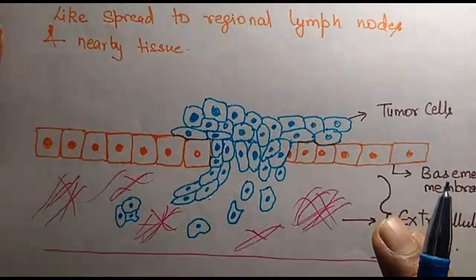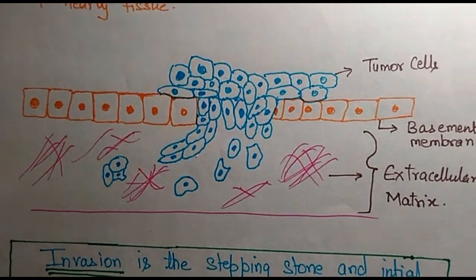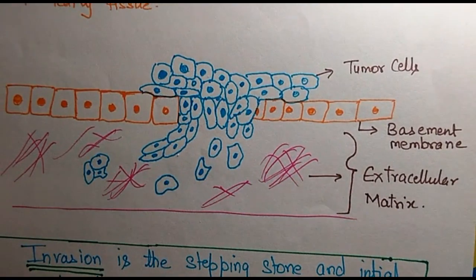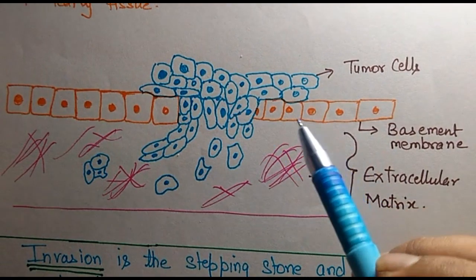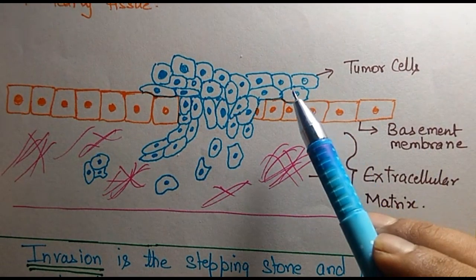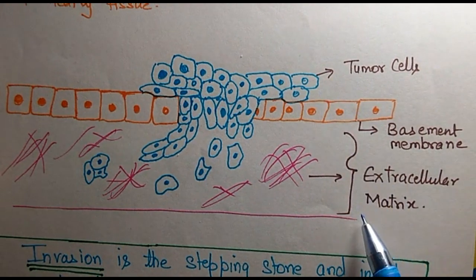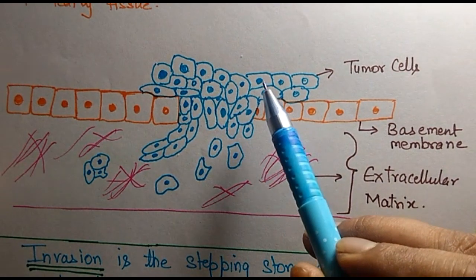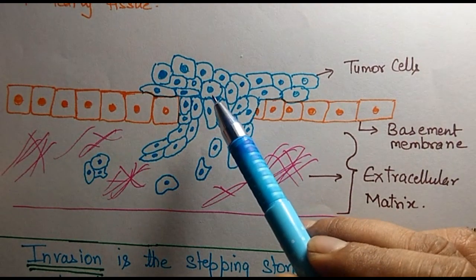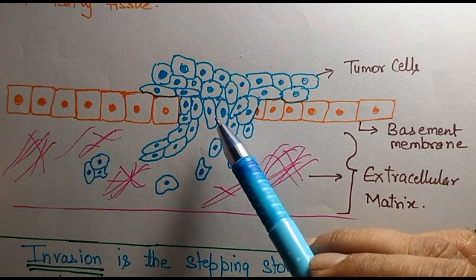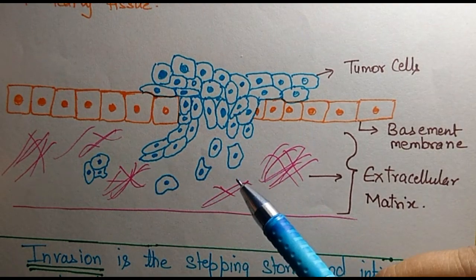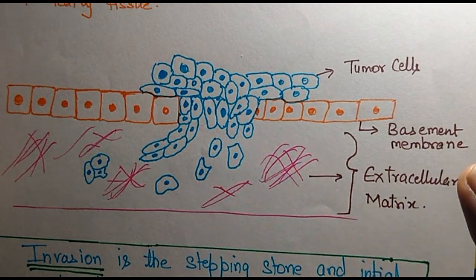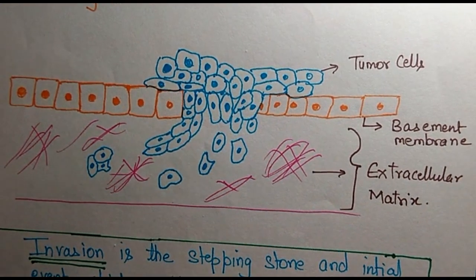Okay, now here perhaps I have a diagram, just to make my point very clear. So these blue colored ones are the tumor cells, you can see, and this orange is the basement membrane over which the tumor cells are lying, and this is the extracellular matrix. Now you can see the high density of the tumor cells. It is because of this high density and some other factors that the tumor cells are able to move on to the extracellular matrix. So this movement to the nearby tissue is known as invasion. This diagram absolutely elucidates the process of invasion.